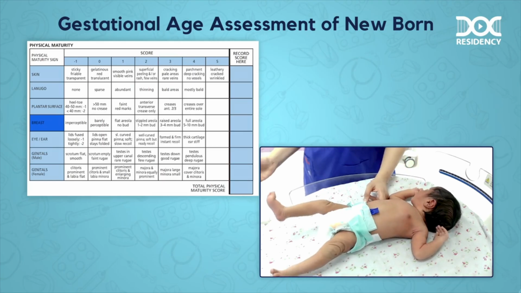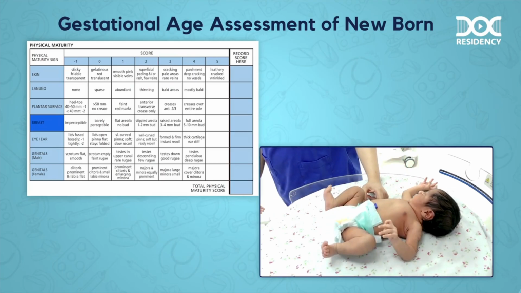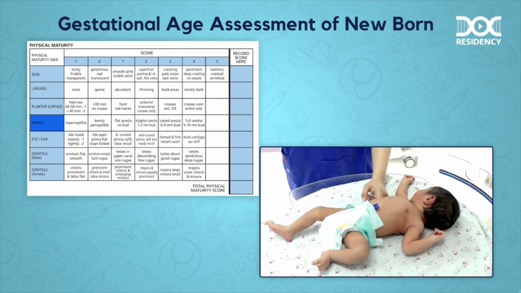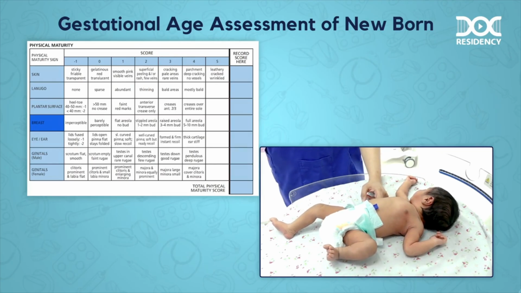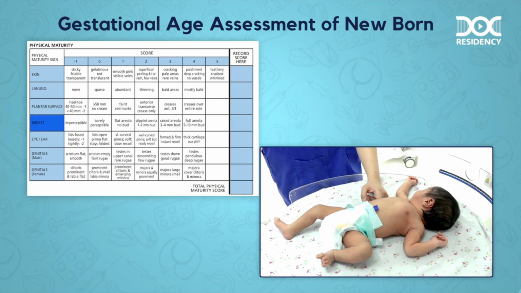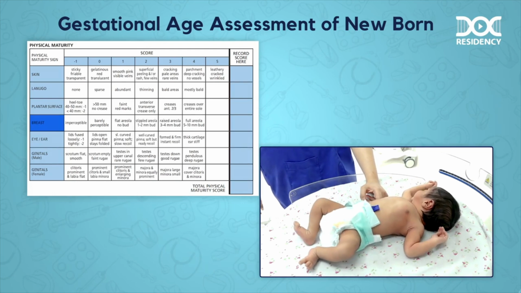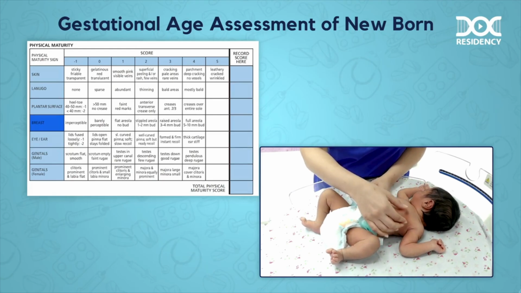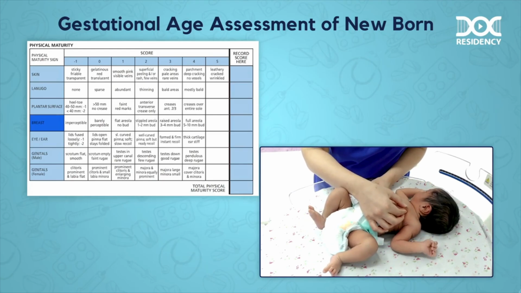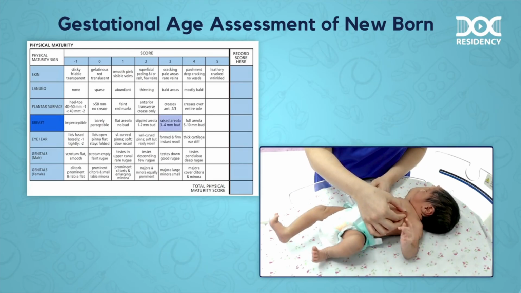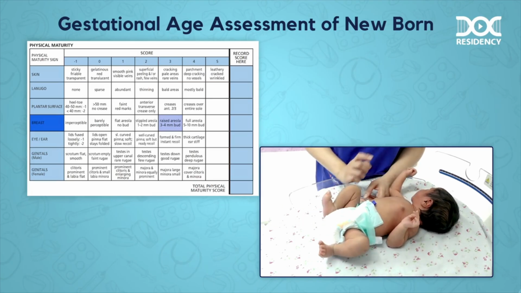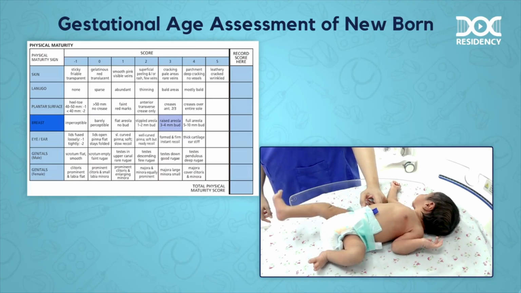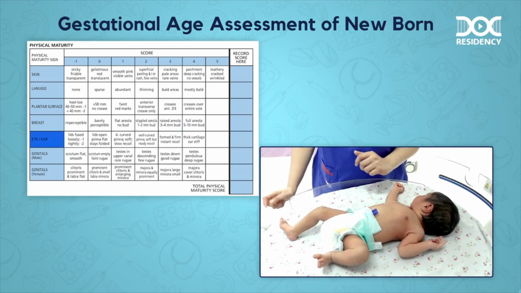So, from preterm to term, the breast nodule will change from imperceptible or barely perceptible to a more and more visible areola, which will increase in width from 1 to 2 millimeters to 5 to 10 millimeters in a full term baby, and there is also increasing stippling of the areola. In this baby, the breast nodule will be 3 to 4 millimeters in the transverse width, and there is no areolar stippling. The next parameter that is assessed is the eyes as well as the ears.